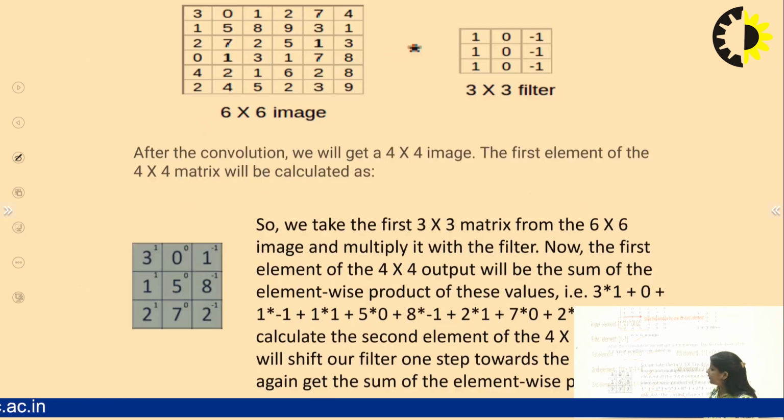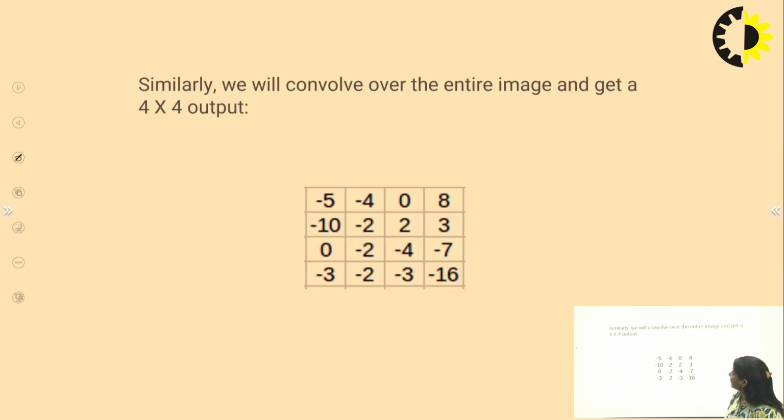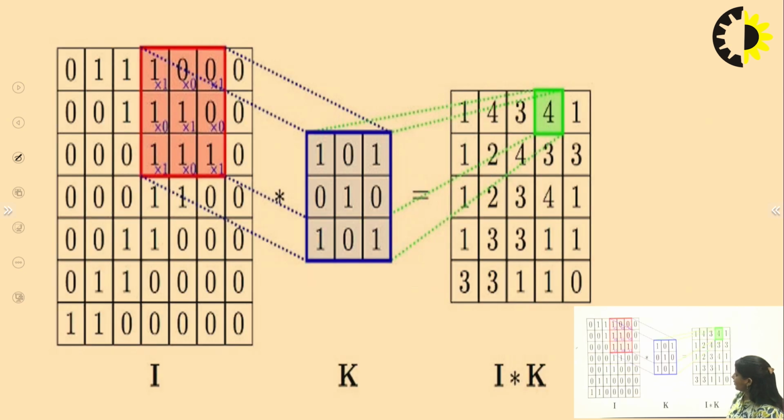Fine. So we have a 6 by 6 image here, and a 3 by 3 filter is here. After convolution, we will get a 4 by 4 image. The first element of the 4 by 4 matrix will be calculated as I already told how we calculate this. Similarly this. So after convolution, we will get this image. So these are the different examples. We have the input image, we have the kernel, and we have convolution here, and finally we will get the convolved image,